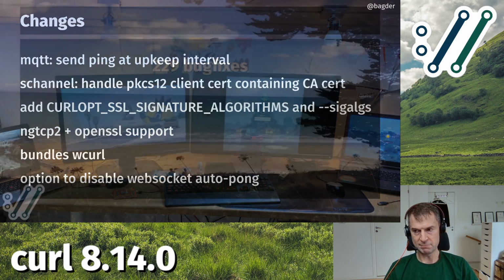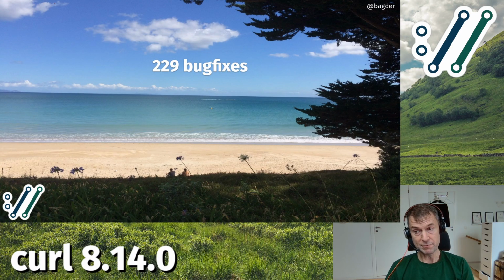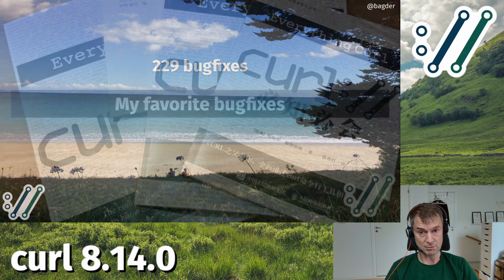And apart from the 2 security advisories and the 6 changes, we have about 229 bug fixes mentioned and listed for this release. So you should really go to the changelog and read up about the details if there's anything specific you want to learn or figure out about this.